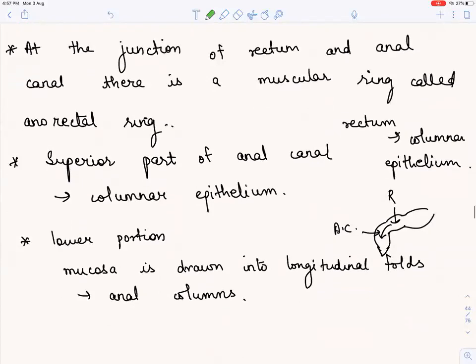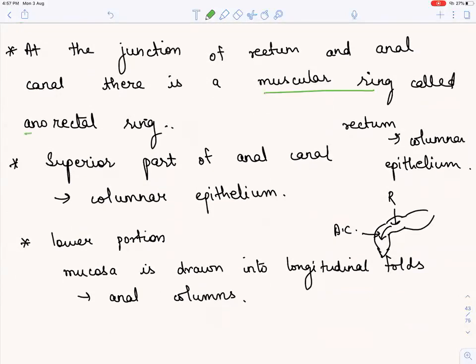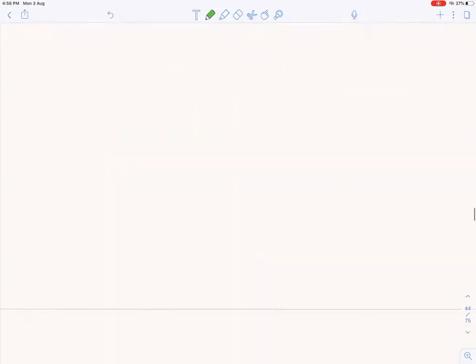Now we did the muscular ring, that is the anorectal ring, which connects the anal canal and the rectum. Then we did the lining of the anal canal. The superior part is covered with columnar epithelium, same as the rectum, and in the lower portion it forms longitudinal anal columns. So we did this, and next class we'll be starting with